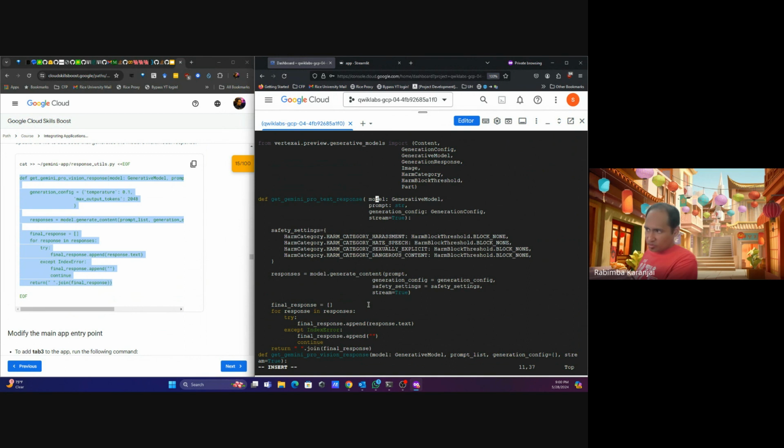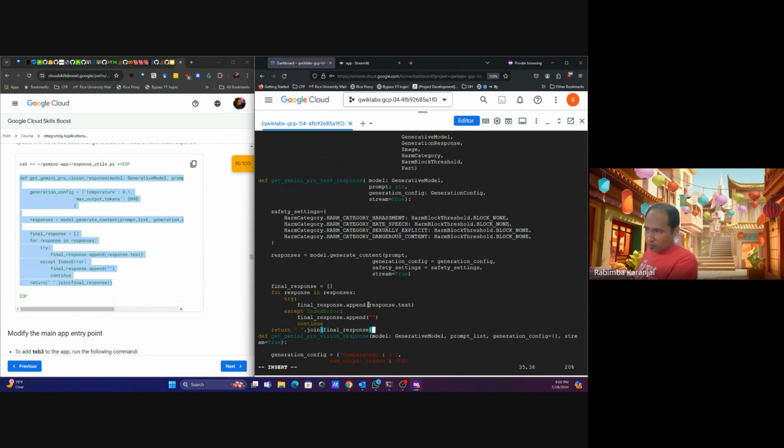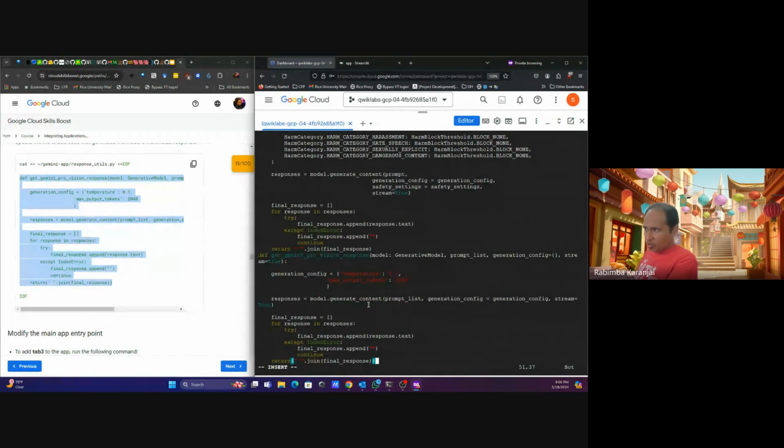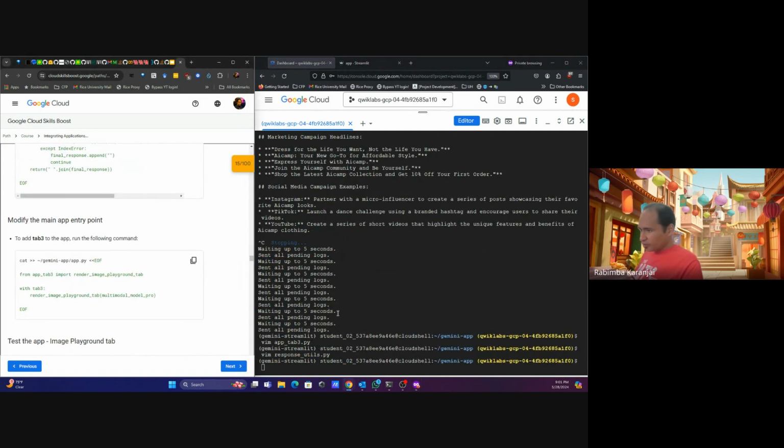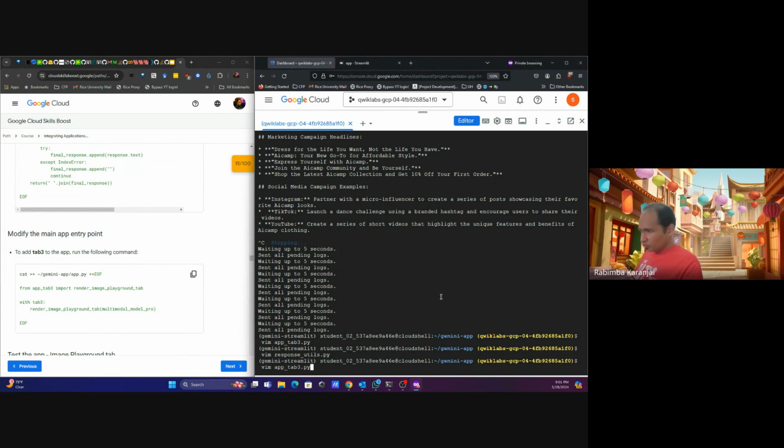The first one was get Gemini Pro text response, and now we have Gemini Pro vision response. This is going for the same model. If you see, the temperature is as low as possible to make it more deterministic. And then we send the same response and get it back. Let me save it. And then we need to modify our entry point to the app,